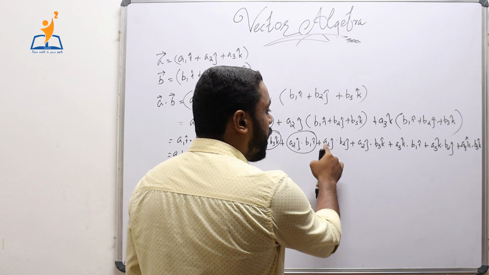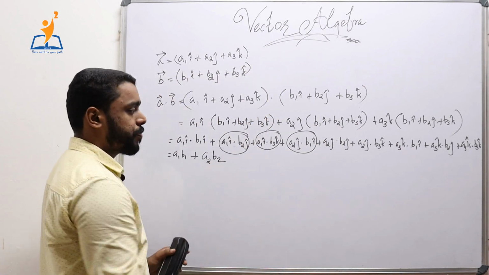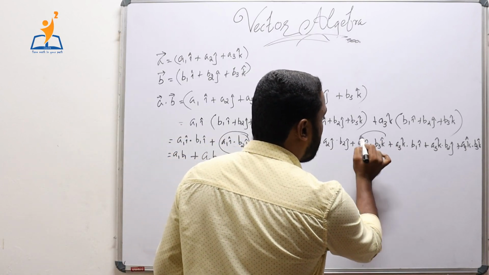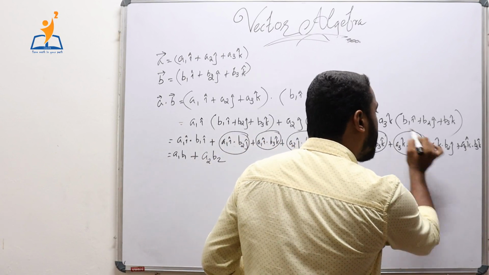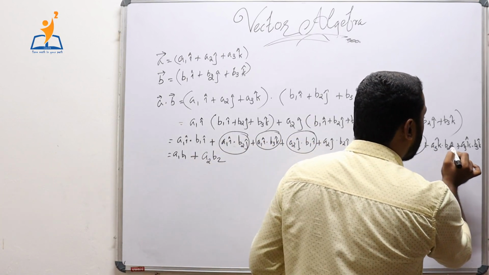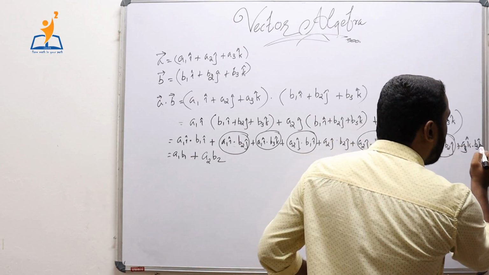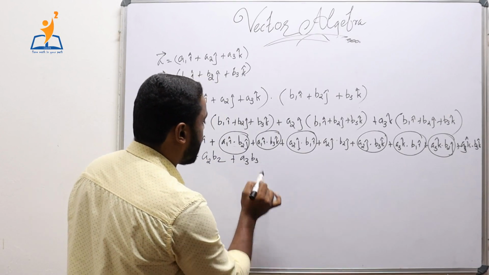So it is equal to a2 b2 into 1. So we have a2 b2. Then again, a2 j cap · b3 k cap is equal to 0. a3 k cap · b1 i cap is again 0. And a3 k cap · b2 j cap is again 0. Last, a3 k cap into b3 k cap is equal to a3 b3, because k cap square is nothing